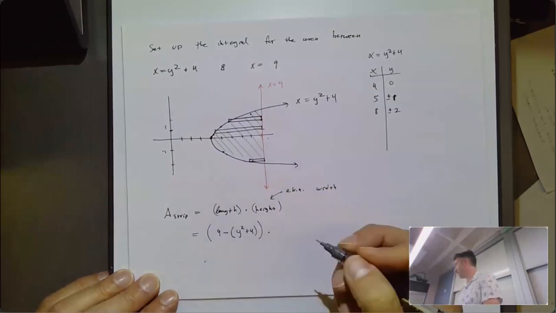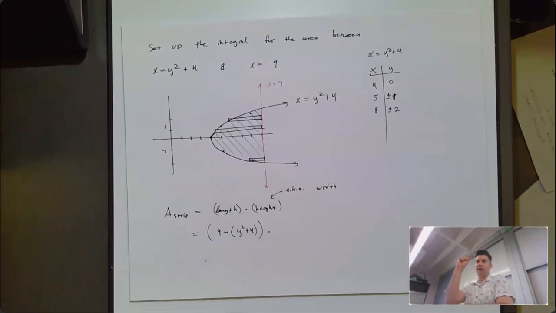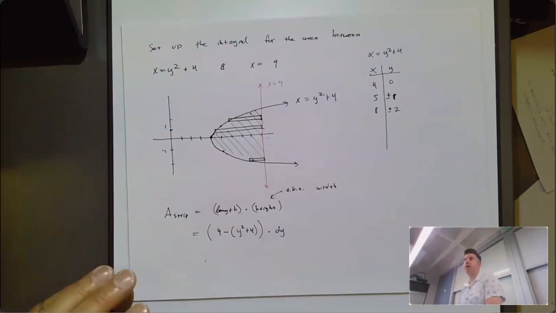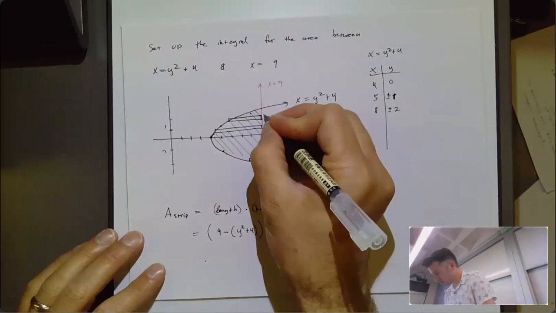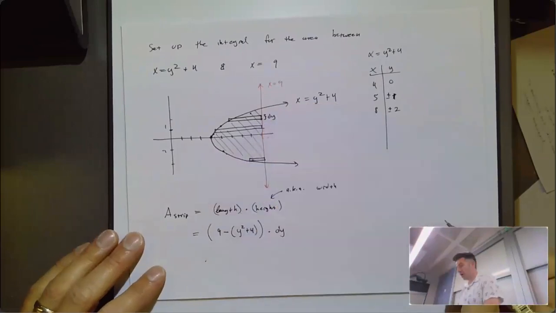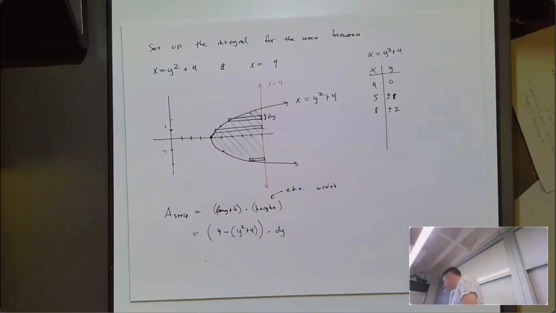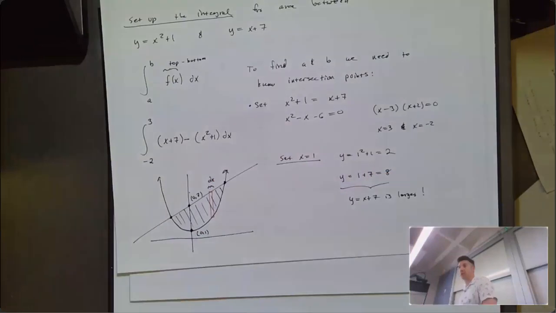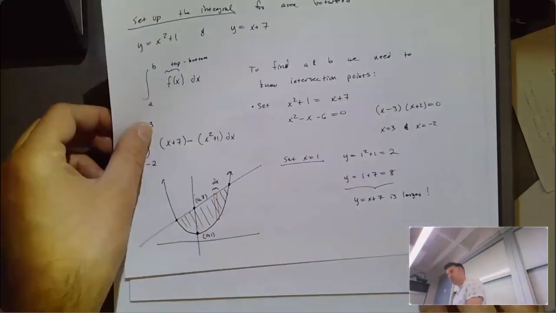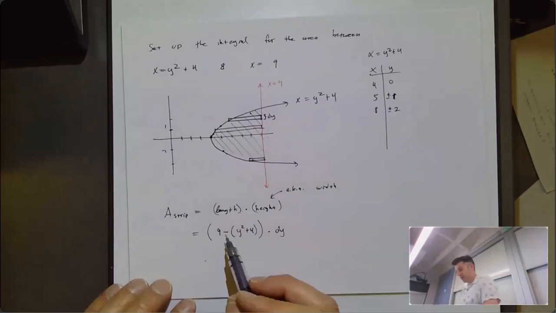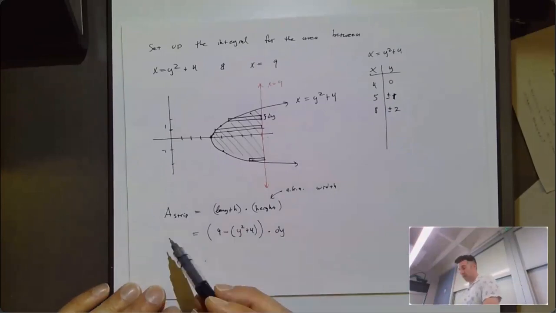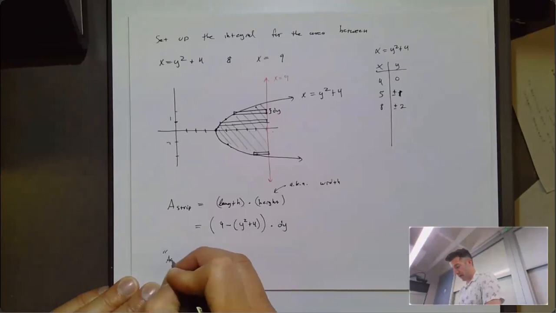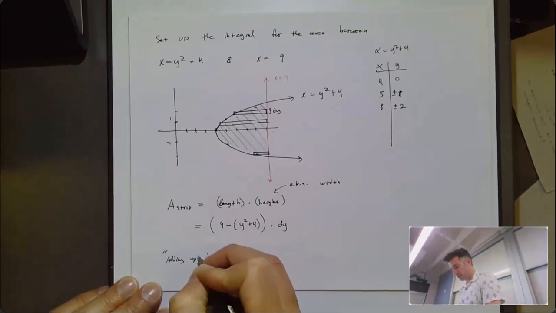What's the height of that rectangle? Or I should say, what's the width of that rectangle? That very, very small width is, I call it a dy, right? It's a small change in y. With my vertical strip, the previous problem, I would call this width a dx, a small change in x. So then this is the area of my strip or my rectangle, and then we are quote unquote adding up the rectangles